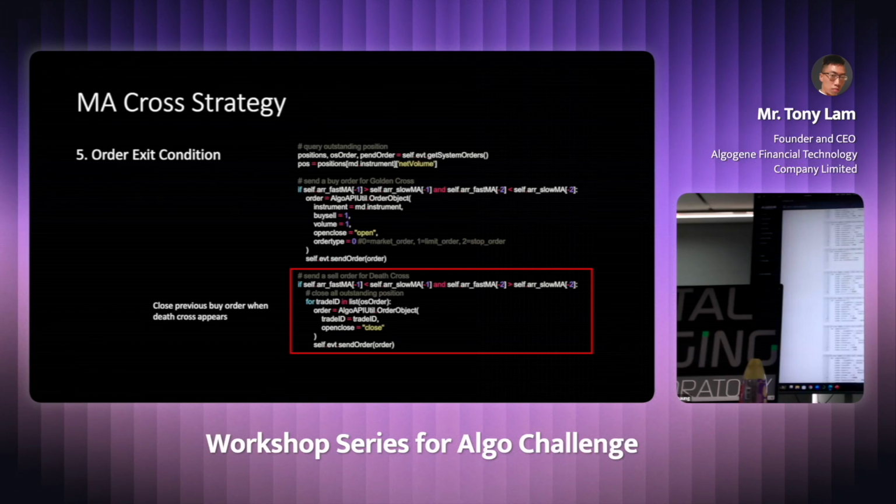So let's say we want to open a limit order. Then you can set the order type to the corresponding value, and then we also need to specify your limit price. Usually, if you want to open a limit order, the limit price should be lower than the current market price. If you set the limit price to be higher than the current market price, it will automatically convert into a market order.